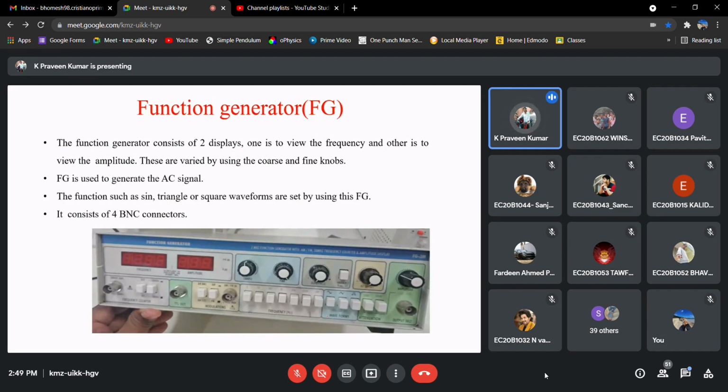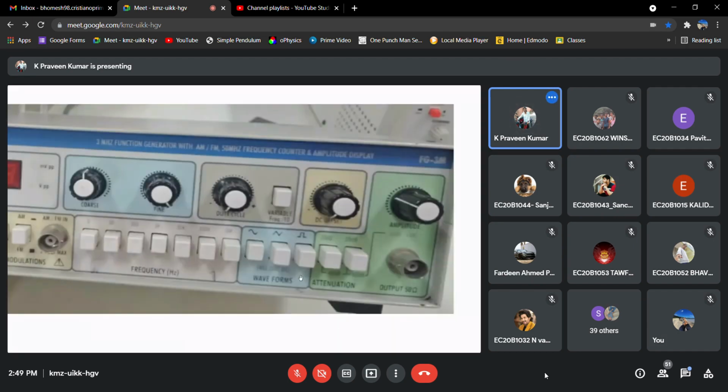Are you able to see here what waveforms it can generate? Is it visible now? Yes, sir. This is the function generator we have in the lab. It is able to generate basically three types of waveforms: sinusoidal, triangular, and rectangular pulse. If the duty cycle is 50, then we can say it is a square pulse. You can see they have written duty cycle here. If you select the rectangular waveform and vary this duty cycle, then I can vary the pulse width. Yes, sir.